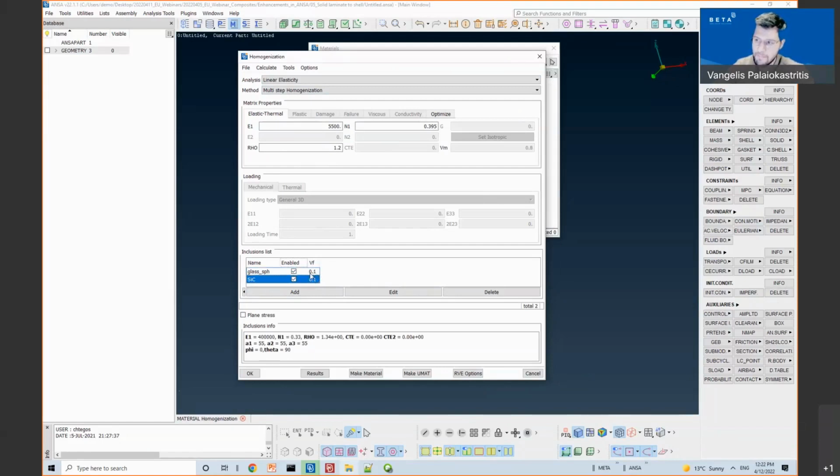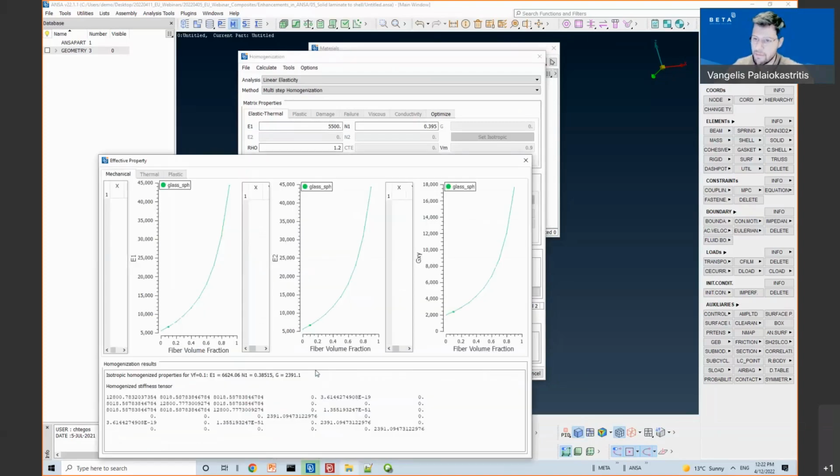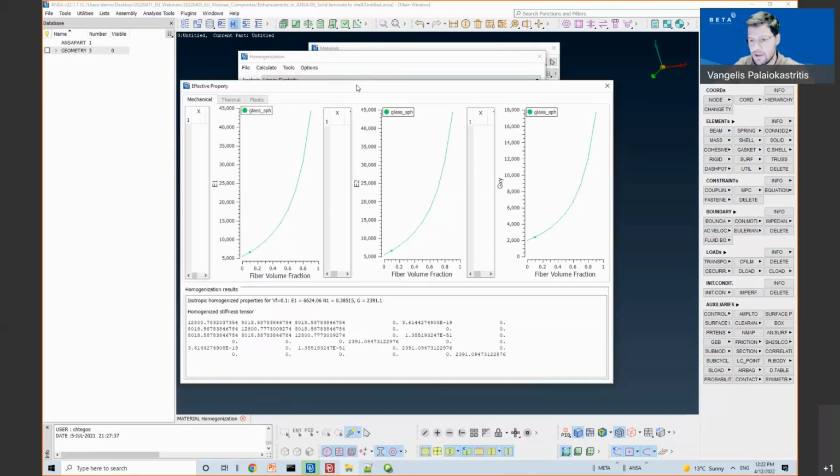So I need also to specify the volume fraction and enable an inclusion, so it takes part in the composite. And once I have set my composite, I press the results button and get the results of the homogenization.